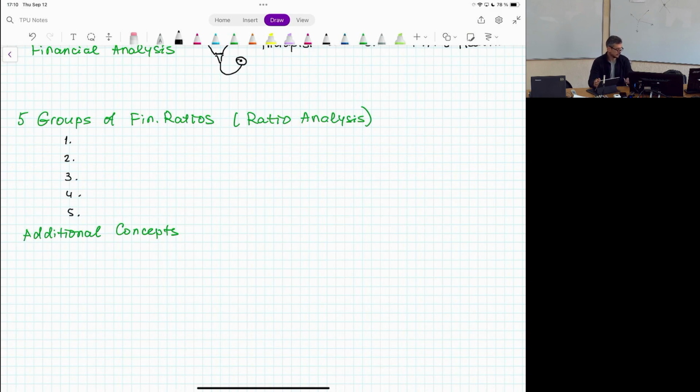And we will study, the first one is liquidity. Okay? Liquidity. We will study liquidity. In Russian, liquidity, you probably know this. Ликвидность. Ликвидность, платежеспособность. Okay? The second group of ratios is called